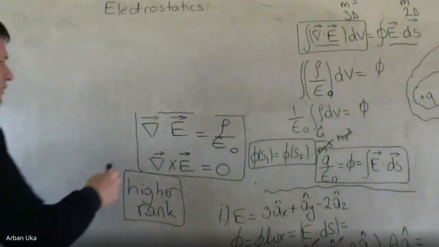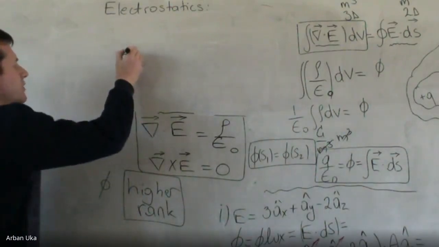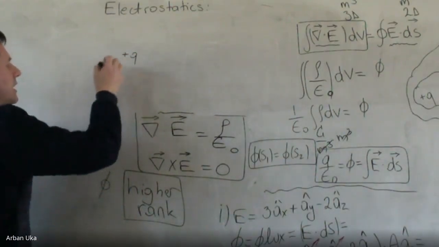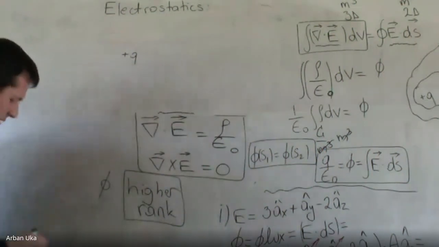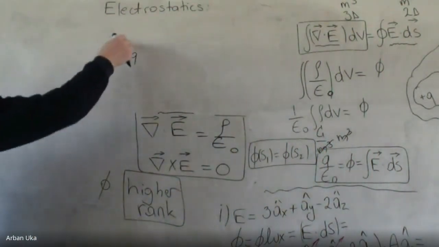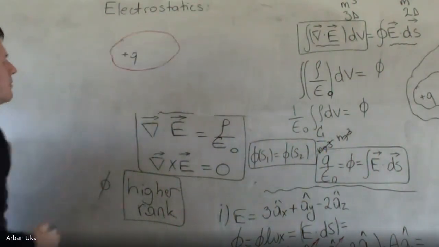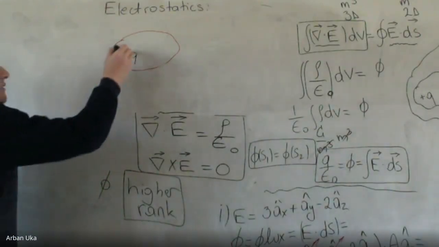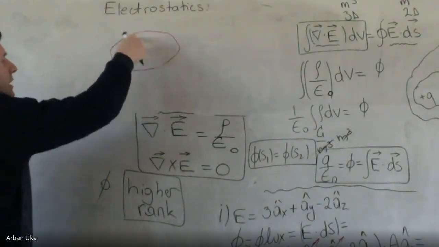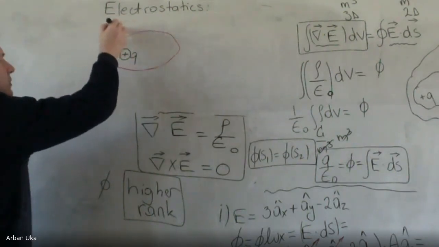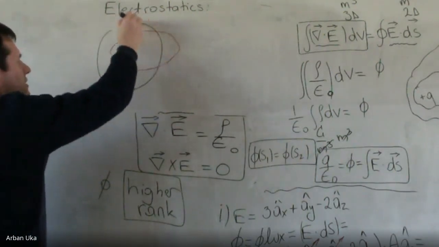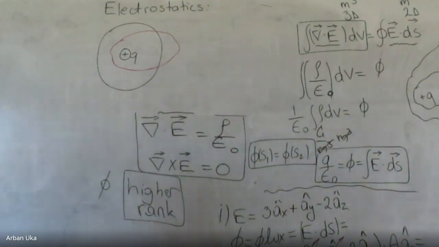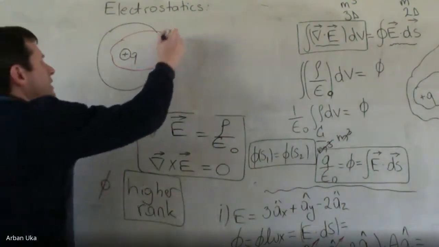So let's move on for a moment. Let's assume that we have a charge Q here, and let's consider a surface area which goes like this. But for the sake of having an easier task for us, let's not consider the surface area in red, but let's consider a spherical area around this cube. And then let's try to identify